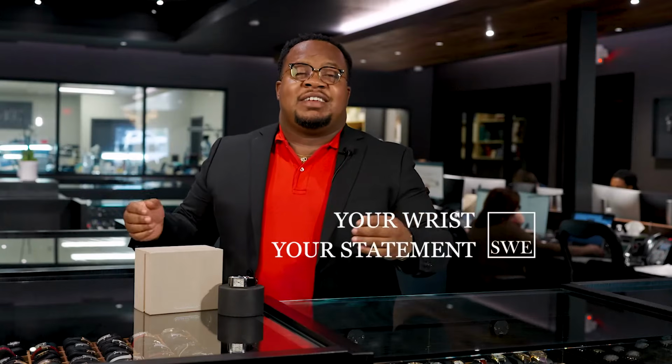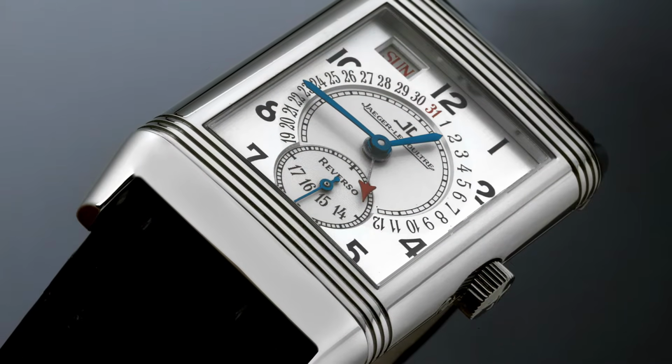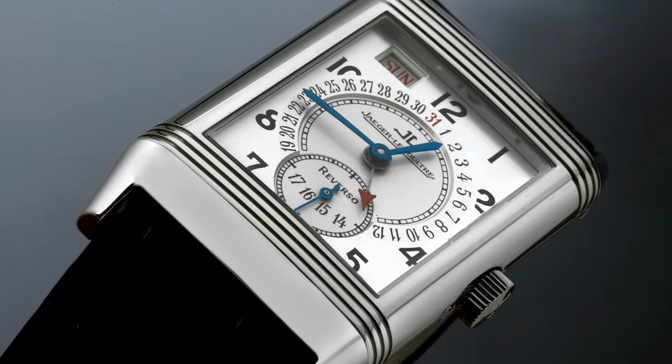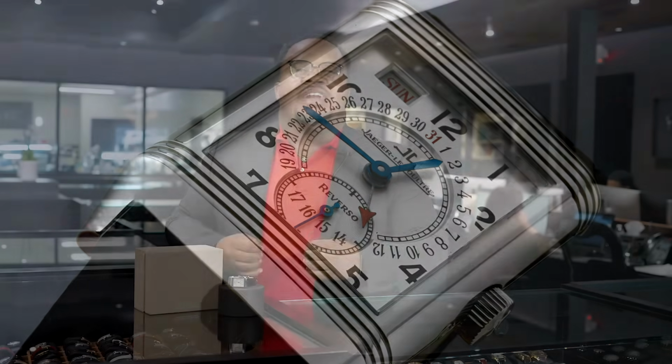Welcome back, watch fans. Today we're going to be looking at my personal favorite watchmaker, which is going to be Jaeger-LeCoultre. But we're going to be looking at a piece that I feel they really went out of the way to give the perfect balance to, and to give you something that is very simple but done in a very